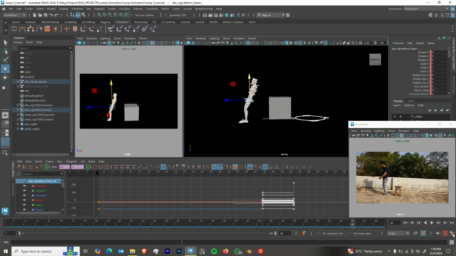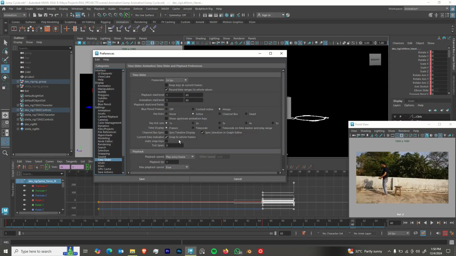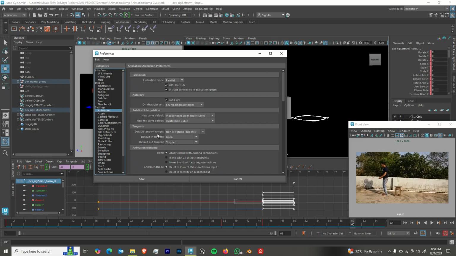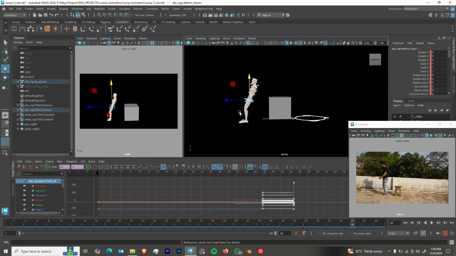So before starting your animation, you want to go to setup, go to animation, go to tangents right here, switch. For yours it's going to be this way. So you want to change from this to linear and out to stepped, then you save before starting out your